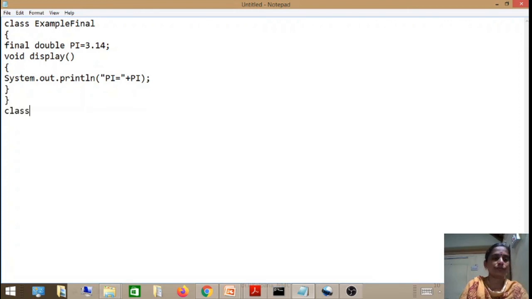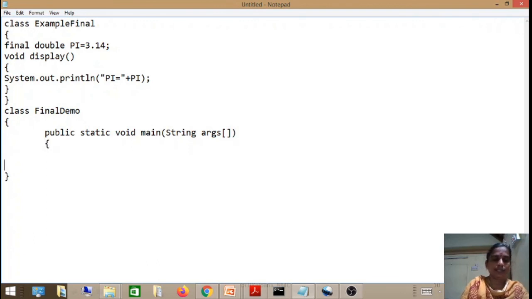Now I am going to introduce one more class, FinalDemo. In this I am going to introduce a main method: public static void main of String args. Next I am going to create an object for this: ExampleFinal f = new ExampleFinal(); and invoke the display method, f.display().